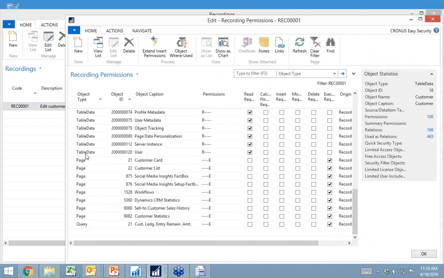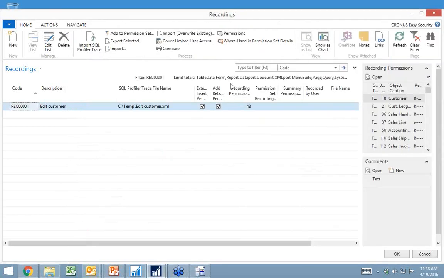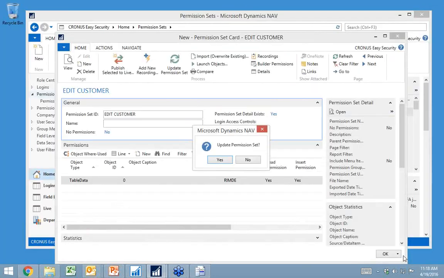But if I look at the end, I also know what objects are executed, and that's really what's enabled us to take away objects from people. Because let's say you don't want people to go to the customer card normally, you could actually remove that with our object level security. And as I need that one for this process, I will of course get the execute back again. A really simple way of maintaining object access.